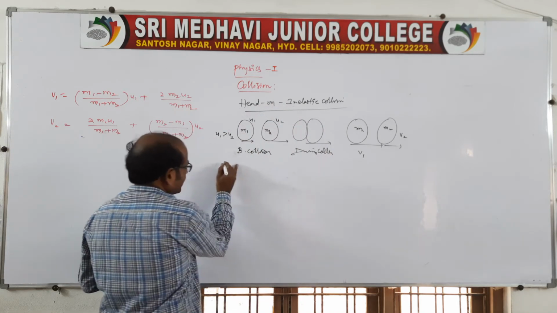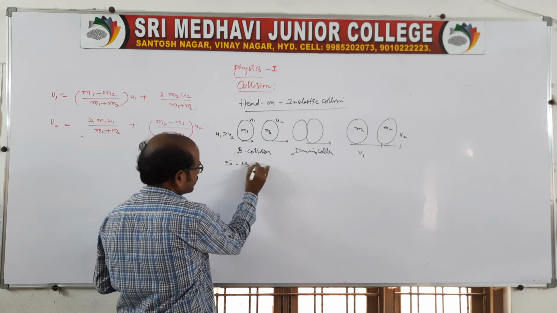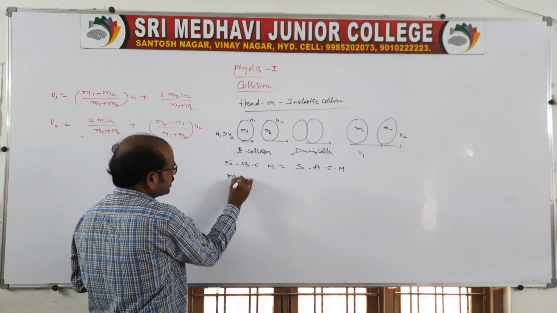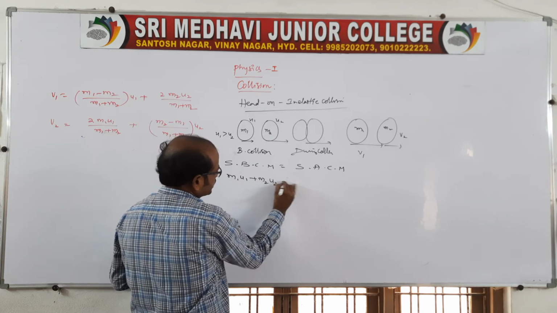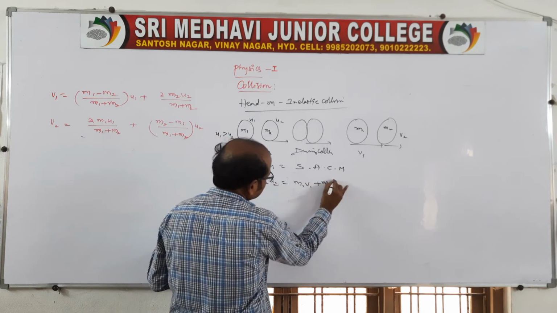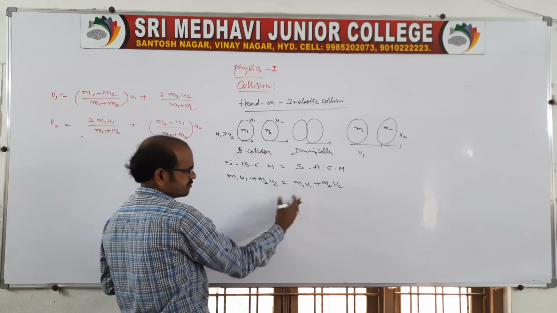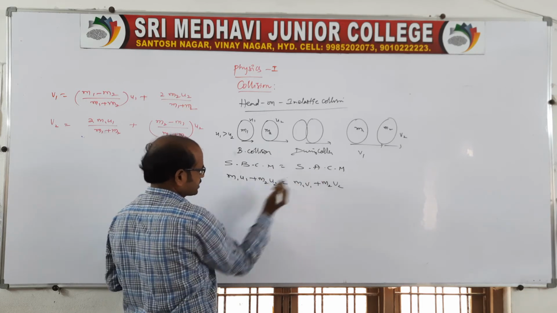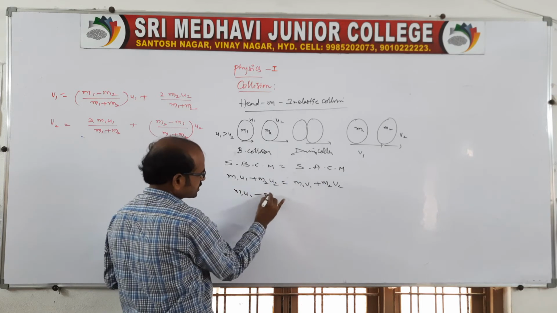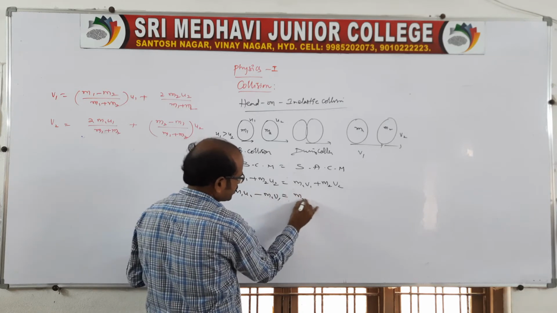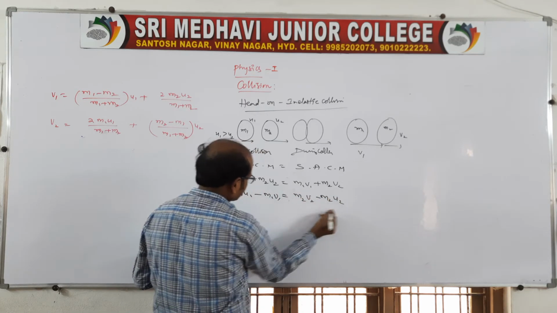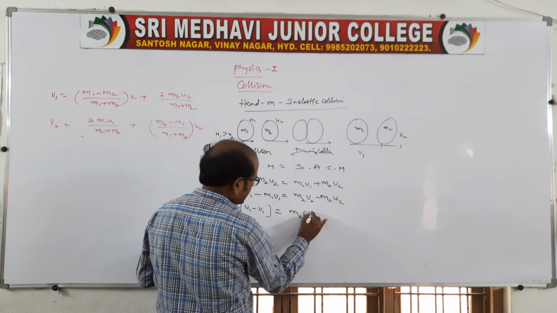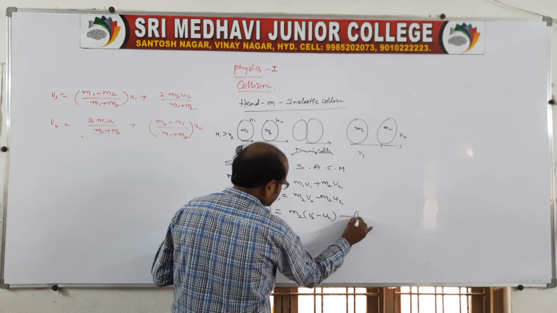On that basis, apply the conservation of linear momentum. Sum of before collision momentum is equal to sum of after collision momentum. Before collision momentum will be m1 u1 plus m2 u2 is equal to m1 v1 plus m2 v2. So again you do the same process as in the previous class. Once you take the left side and once you take the right side. So m1 u1 minus m1 v1, the process remains the same, m2 v2 minus m2 u2. In this, m1 is common, u1 minus v1 is equal to m2 common, v2 minus u2. Take this as equation 1.